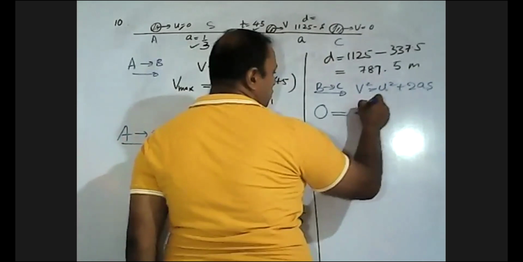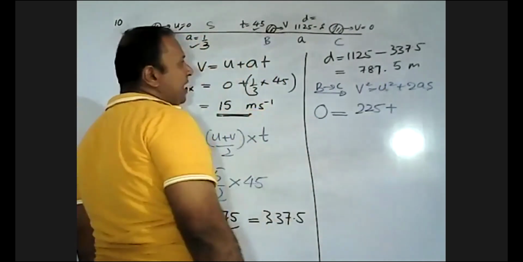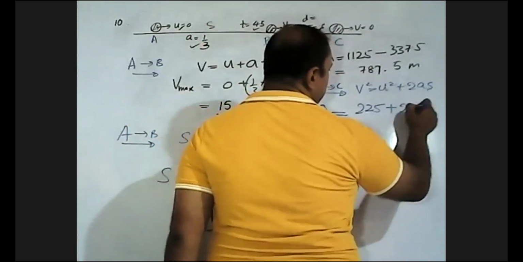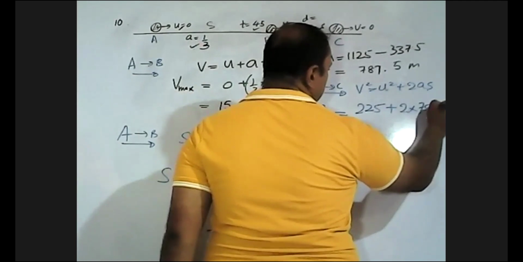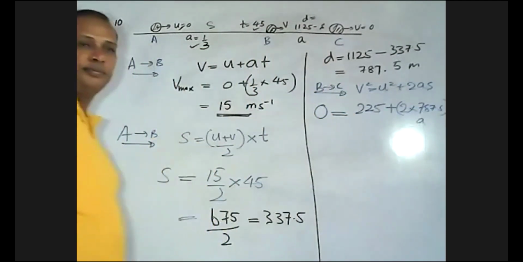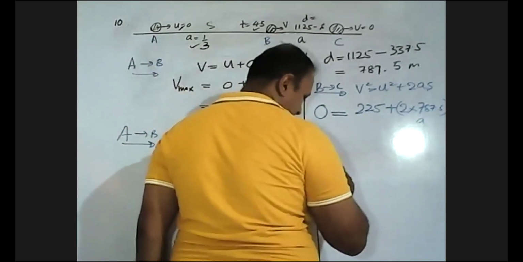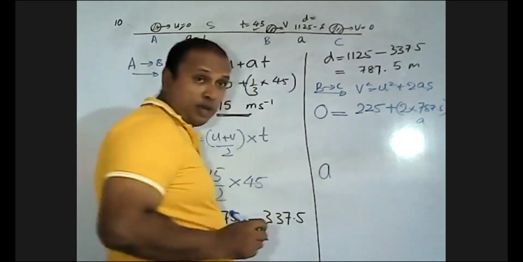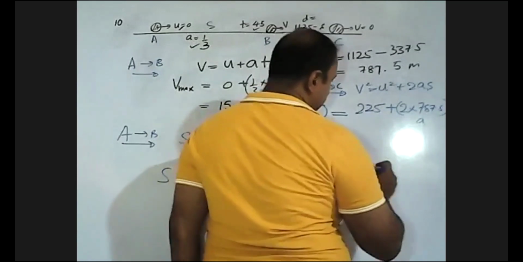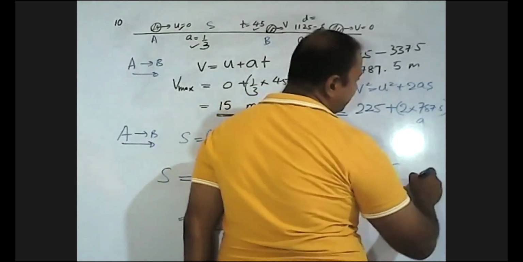That means 225 plus 2as, 2 times this one, 2 times this one. Therefore, acceleration or deceleration, acceleration is minus, deceleration is plus, minus 225 over